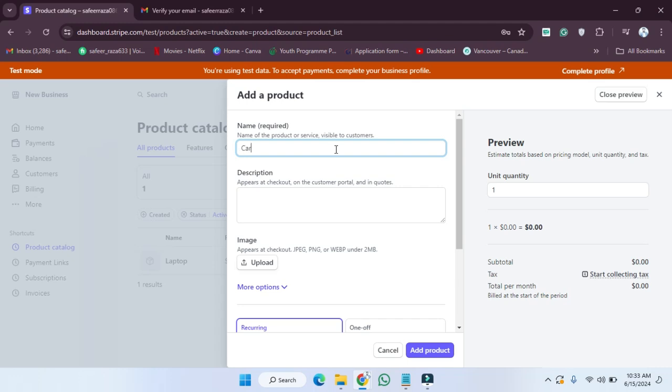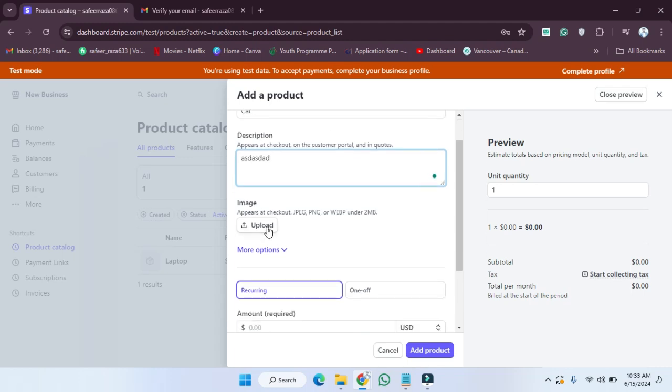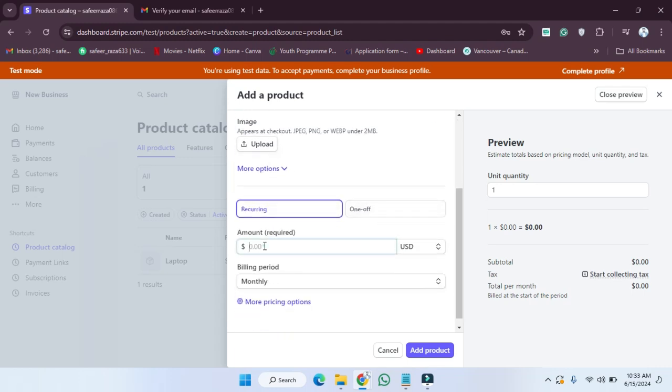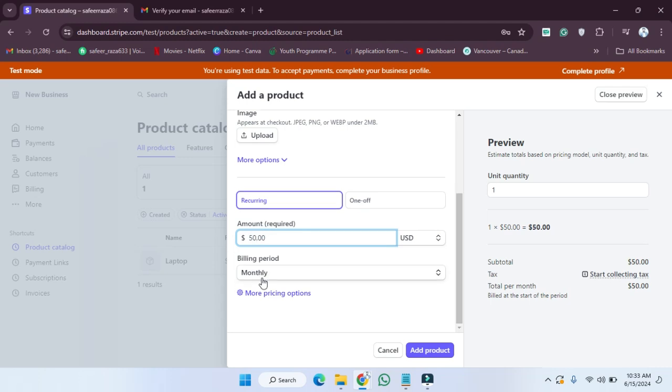Like I'm going to add the car here, and now we have to provide a description. You can also add that. For example, I'm going to add a random one. If you want to upload an image, you can also do that, and as you can see, some details like I'm going to keep the price $50, and after that billing period monthly,